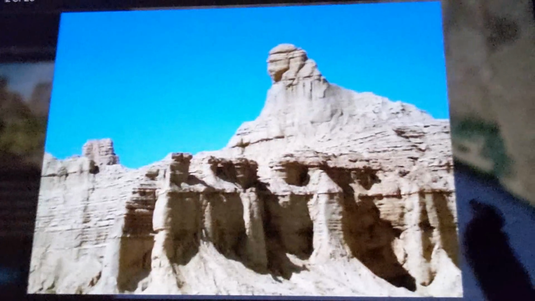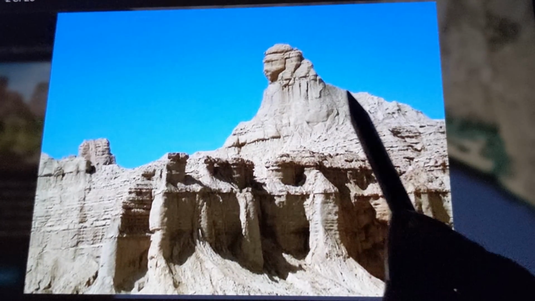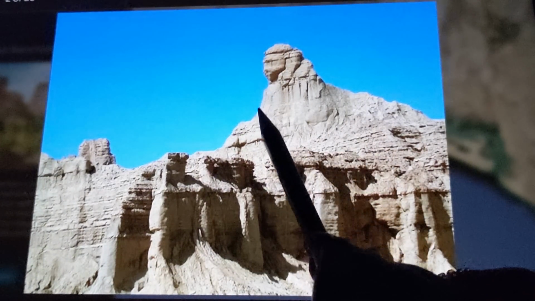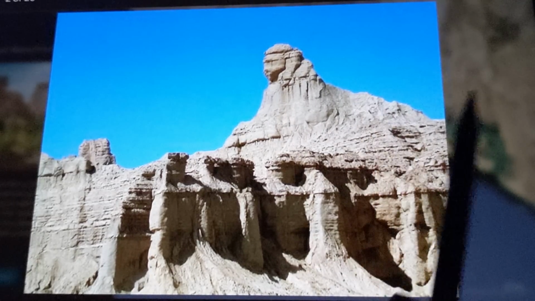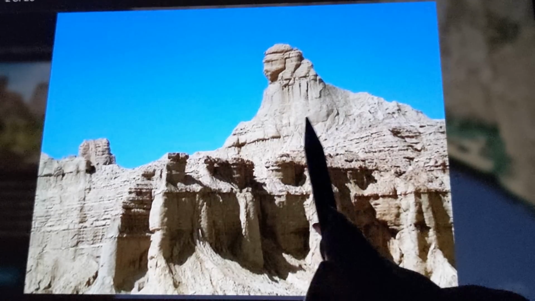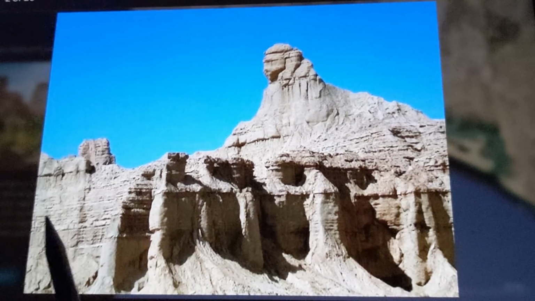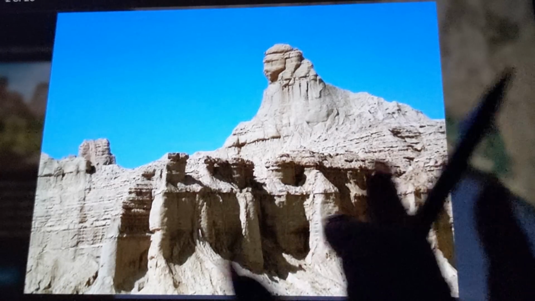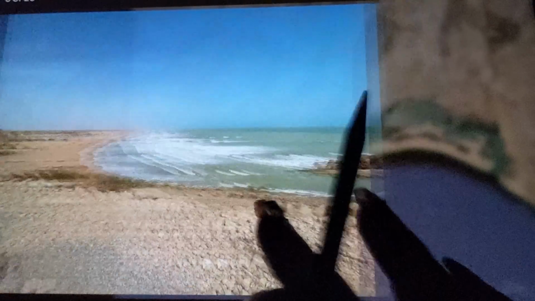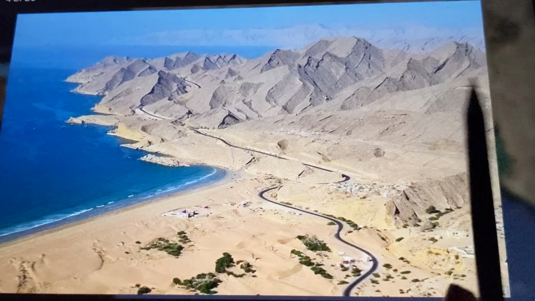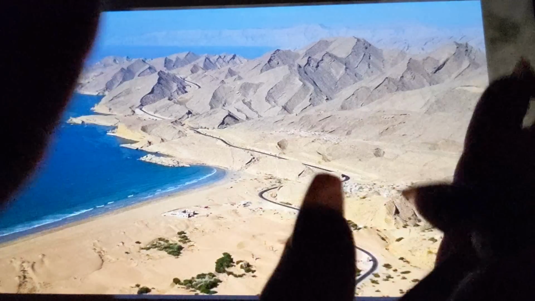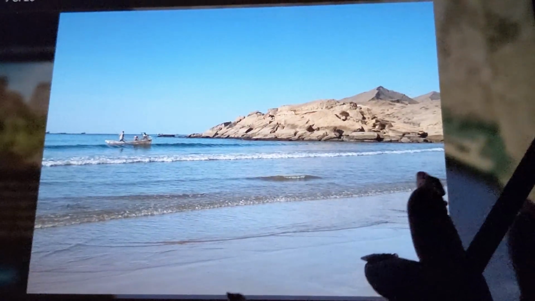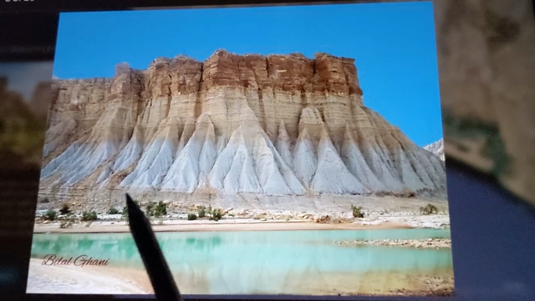Really spectacular. And this is the Sphinx, which at first glance looks like someone carved a sphinx into this rock, doesn't it? But they didn't. This is a natural formation. All of this is natural formation. Isn't that incredible? I think there's a picture in here. There's the coast of it from a different angle. Isn't that spectacular? It's like a big sandbox, isn't it? Let's see if I can find it. Beautiful coastline. Look at this. So incredible.